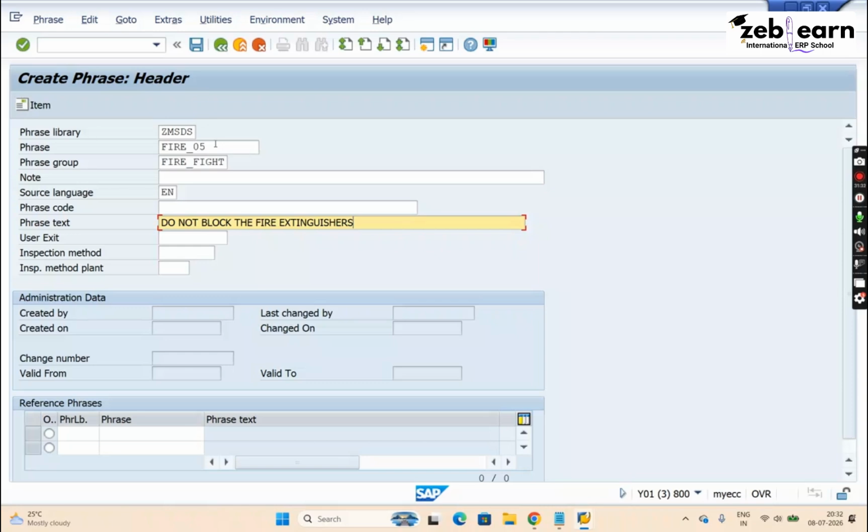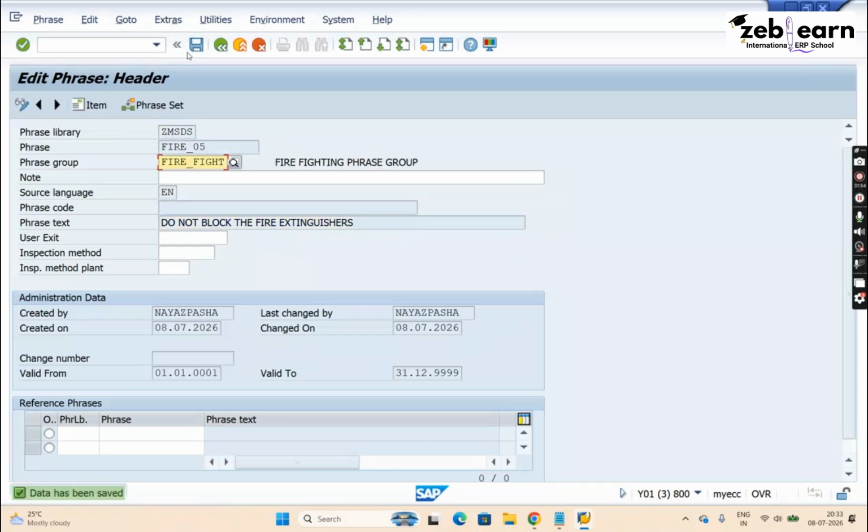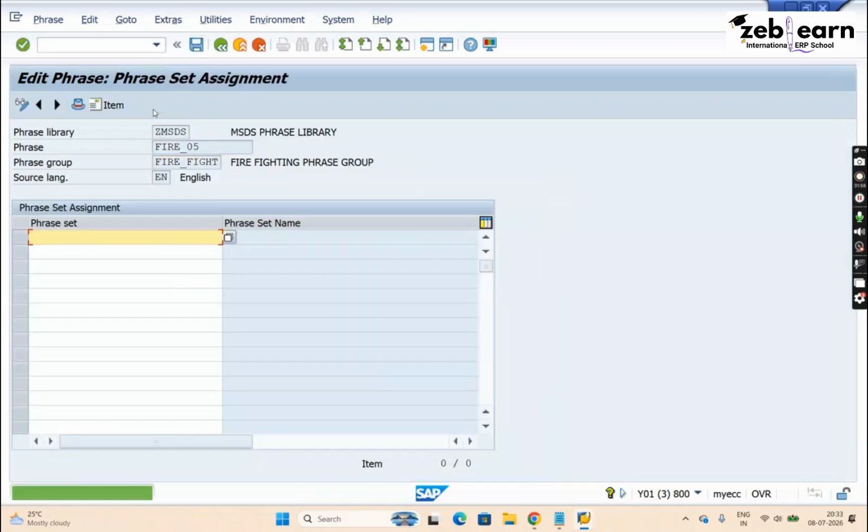So therefore, this is also a very important instruction. You need to keep the fire extinguishers in an unblocked condition. And inspection also, if you want to add, you can say inspect the fire extinguishers regularly. Anyways, this is fine. Click on save button and assign the phrase set